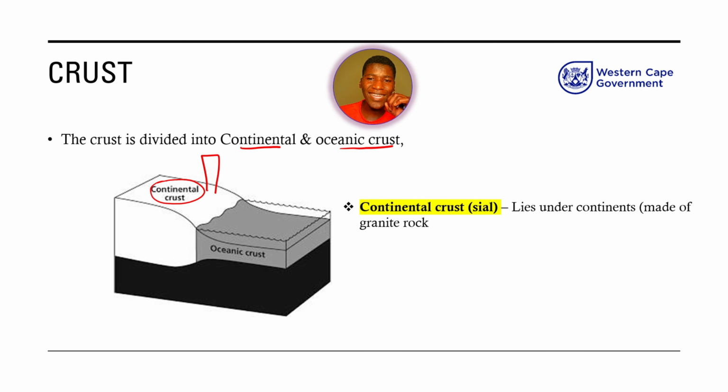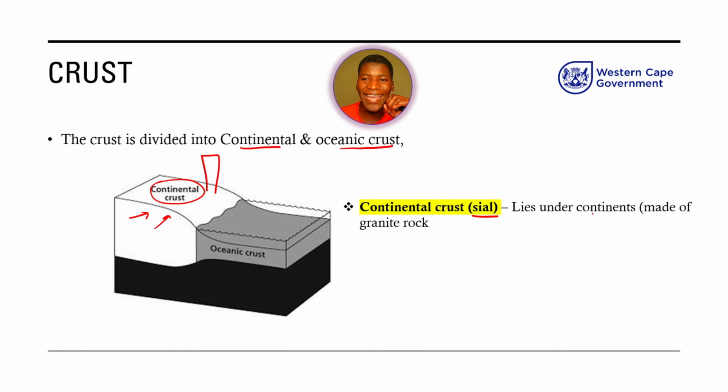So the continental crust has got another name. It is known as a CL. So whenever you see the word CL, it is referring to the continental crust. So this is just the rock that we are on top of, because we're actually living on top of a rock. Imagine if that rock has to melt, all of us are gonna die. Oh, I'm just joking. That won't happen. So basically, the continental crust is where you are staying at. So this is otherwise known as a CL. So we can say continental crust or a CL.